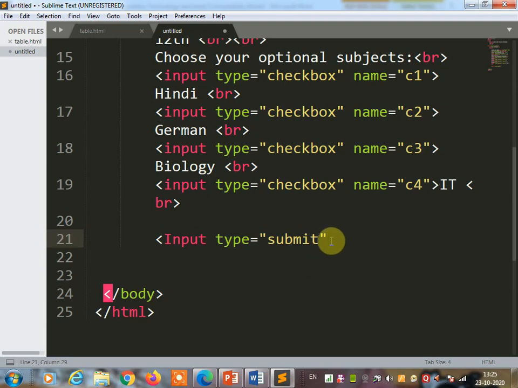Input type equal submit. Value, what text you are entering by using this value, that will be printed on the button. So the name of the button you can write submit. So this will appear on the button. Use the BR tag to come down, otherwise no need.